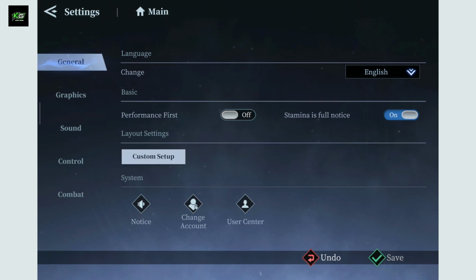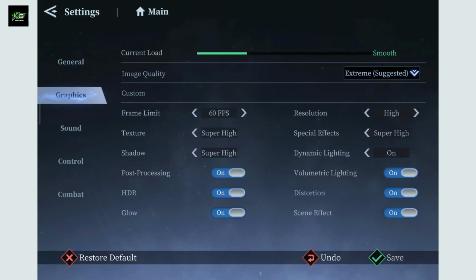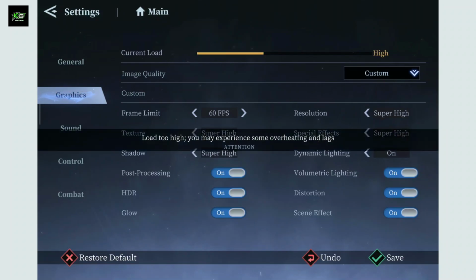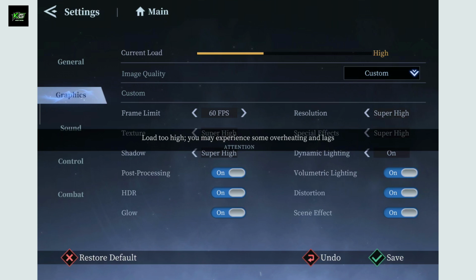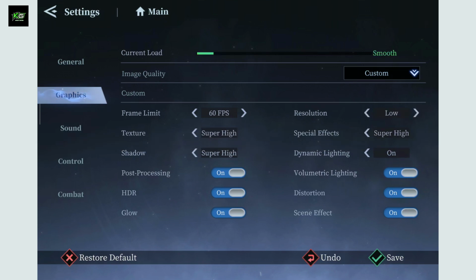Once you're inside the settings menu, go ahead and tap on graphics from the left. Inside graphics, go to resolution and tap the arrow right next to resolution. You can switch between low, medium, very low, high, and super high. Just make your selection. If you set the resolution to be higher, then it'll give you sharper graphics but may